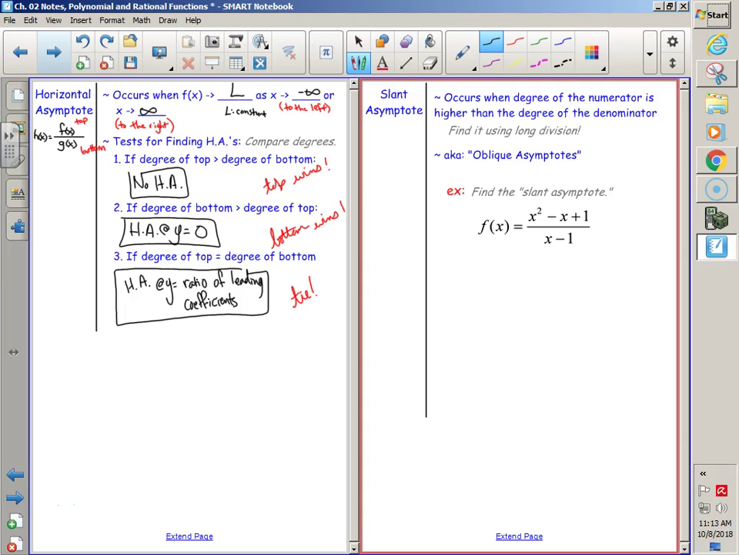A slanty asymptote only happens when the degree of the numerator is only 1 higher than the degree of the denominator. And if it is, we do a long division, how we plug in the polynomial. And as we plug in, here's my hint, ignore the remainder. You divide and ignore the remainder. So then in this example, after you divide, there's going to be an oblique asymptote at